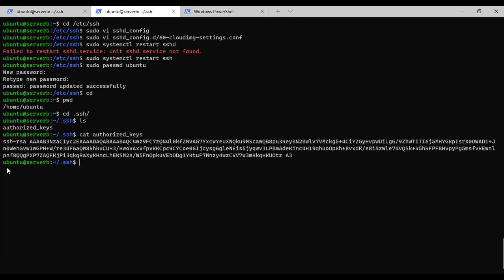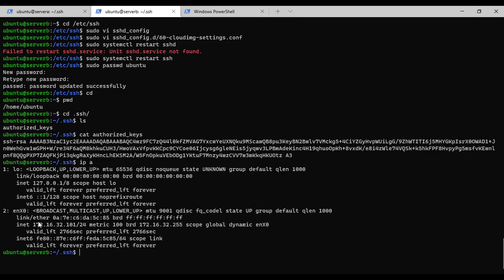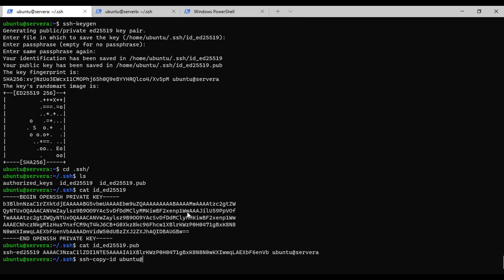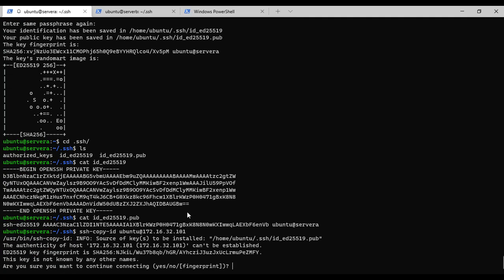So this is the user of server B and the IP of server B. Here I'm using the private IP because these two servers are in the same network. That's why I'm not using the public IP here, just the private IP. Paste it,